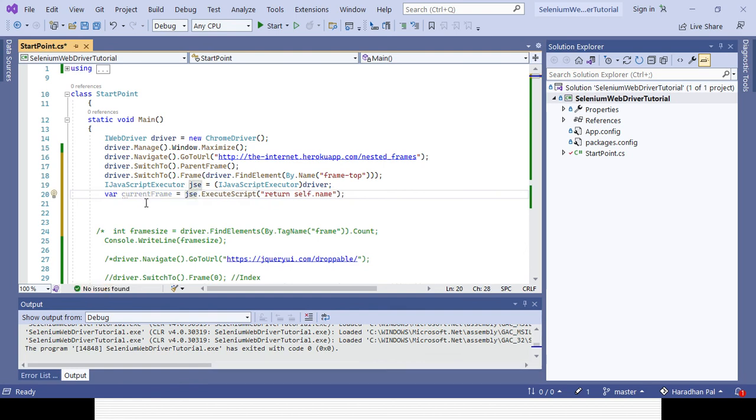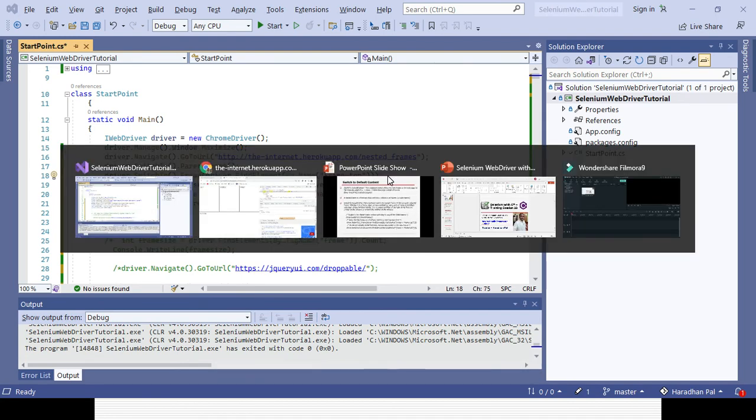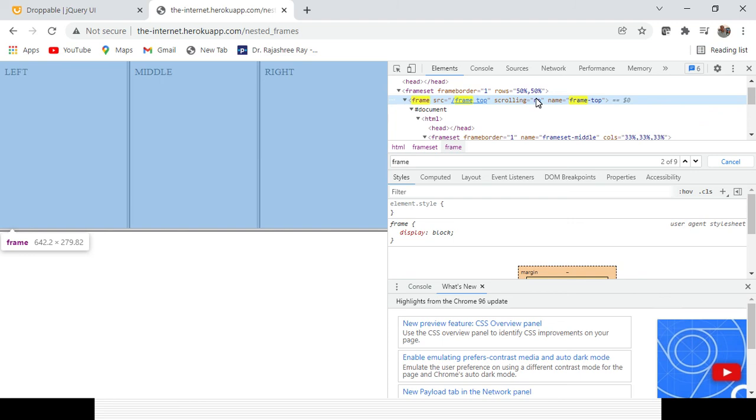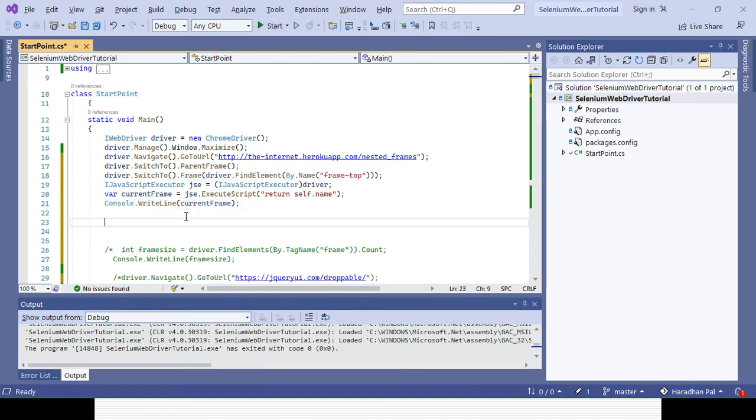Now I can print it out, because I've stored it in a variable. I can print it out simply. So I am already opening the page, navigating to the parent frame, and then going to the frame. This is the frame. I am going there first, otherwise I cannot go to the subframe or nested frame. Once I go to the frame, I can print out which frame it gives as the result. That is the current frame it will give. After that I can handle the other frame. Once I go to the parent frame, then I can go to the other frame.